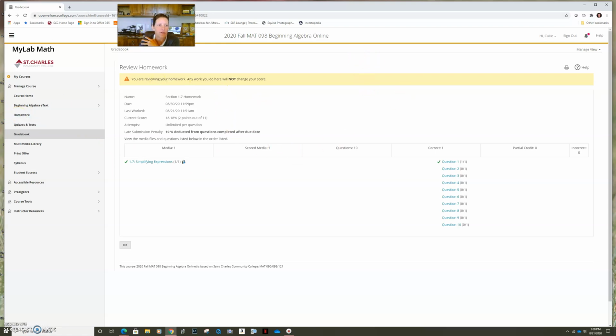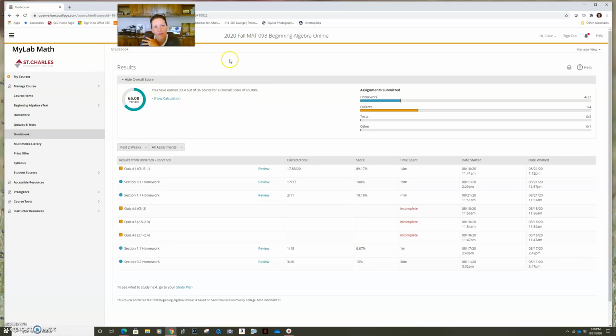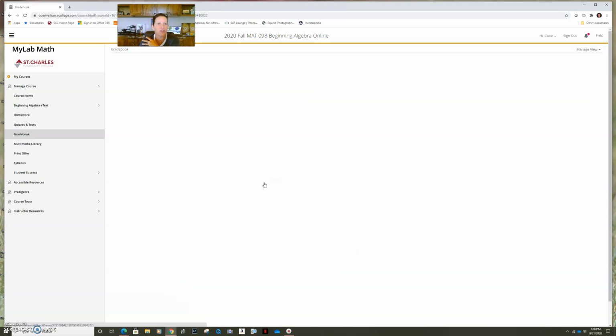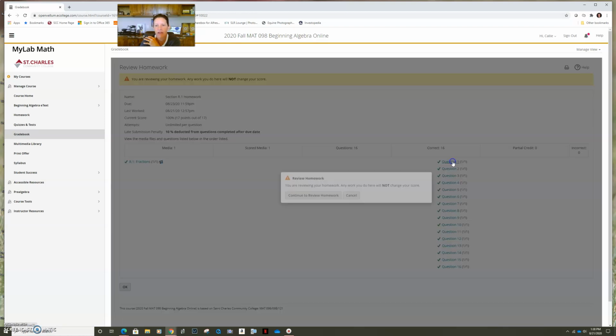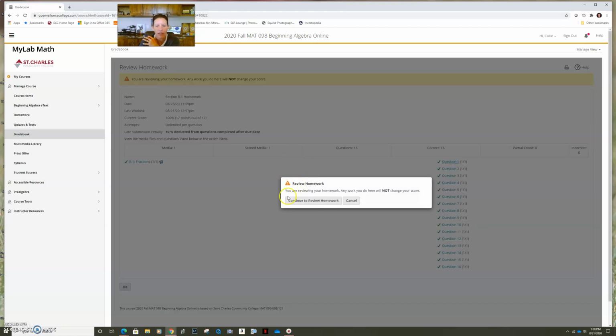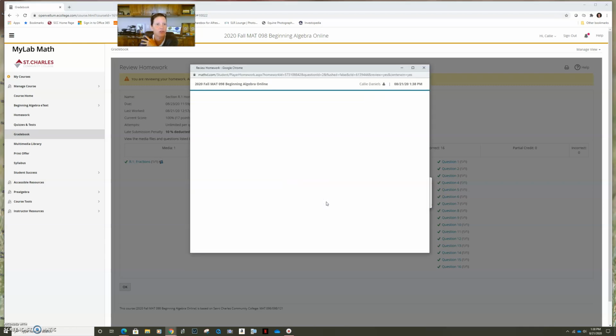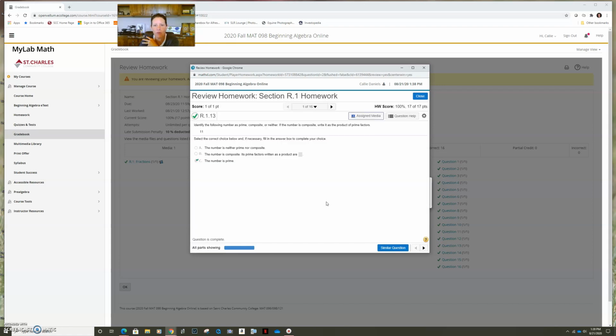Now, another nice thing about this feature within the gradebook is if you want to practice on a section that you've already completed and have a 100% score for, you can actually do that anytime you want to. Just go through the gradebook and come back in here and rework some problems if you'd like. Now you are given another notification here. You're reviewing your homework. Any work you do here will not change your score. And if you want to continue to review that homework and rework some problems, then you can definitely do that